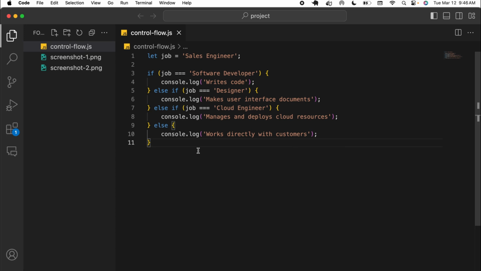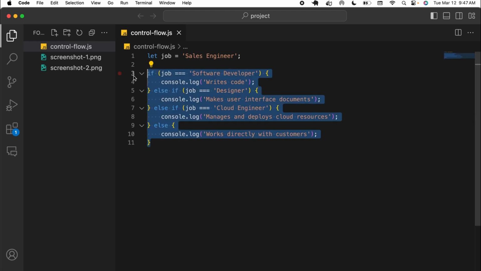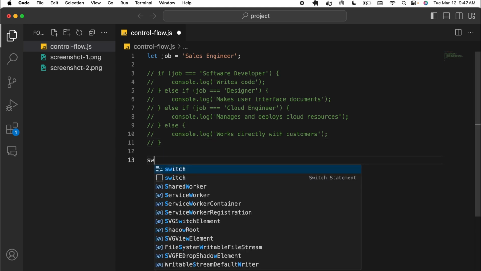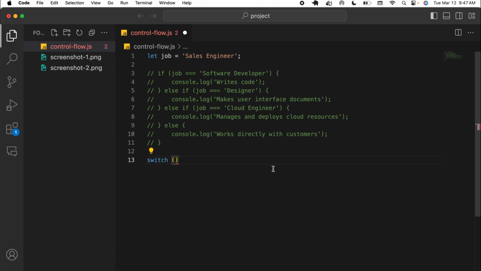So since we are using our if-else conditions to do comparisons with the equality operator, this can be a bit hard to read and repetitive. When you find yourself having a long chain of if and else if statements, when you're using comparisons for all the conditions, you can consider using switch case statements. So instead of the code above, I'll comment it out by highlighting it and doing command / or control / on Windows. I'll use the syntax where I say switch as the keyword, and for the condition, in the parentheses,